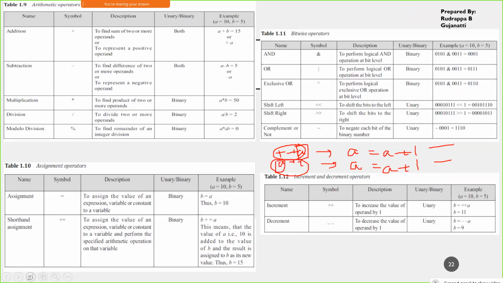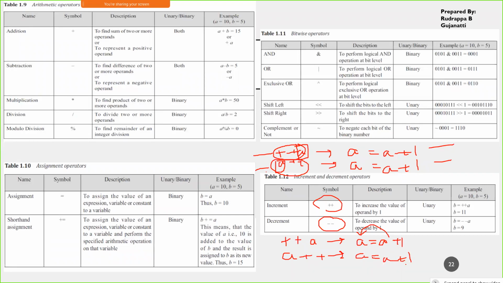Now what value will be assigned, that is what we have to look out for. So again I'm just repeating. This is pre-increment, this is post-increment. Whenever you are using these increment or decrement operators, the variable along with which you are writing the operator is affected. Say if you're writing ++a, it will change the value of a and store it in a. It will increment a by 1 and store this value in a, whether you perform it as pre-increment or post-increment. Even this will also do the same.